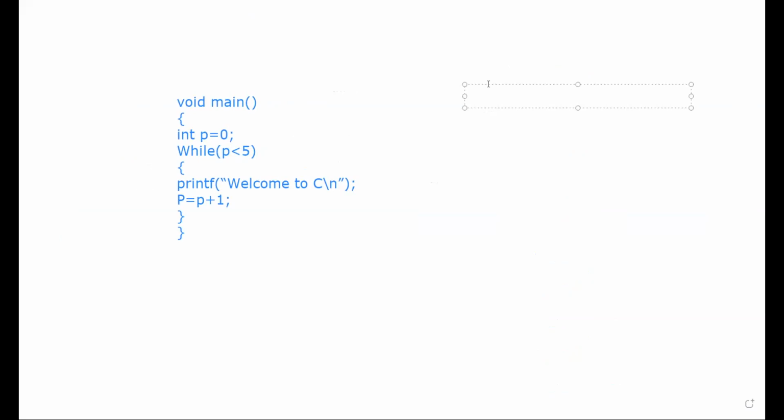So now the same thing we can repeat. If P is equal to 0 first, then it will go to the while condition. 0 less than 5, true. It will print hello the first time.